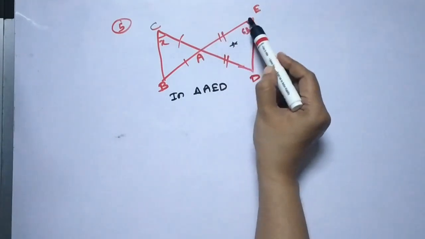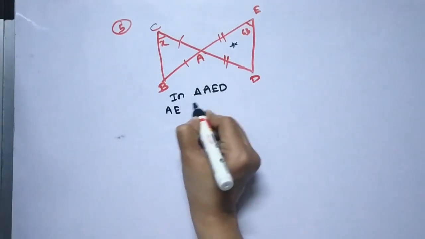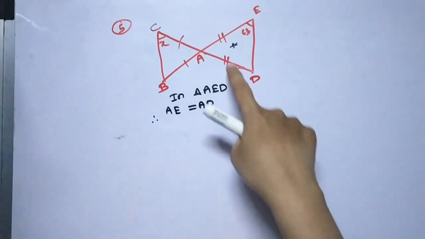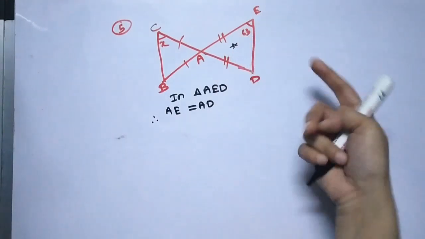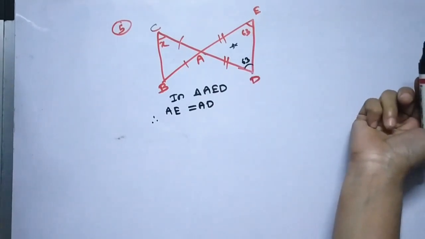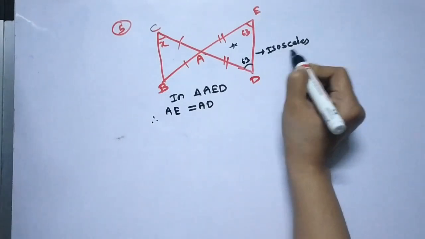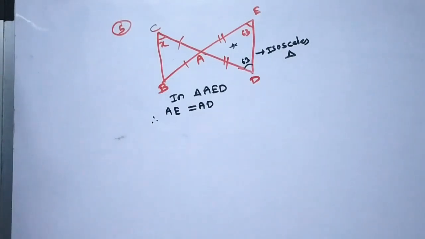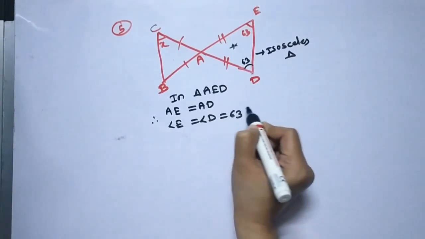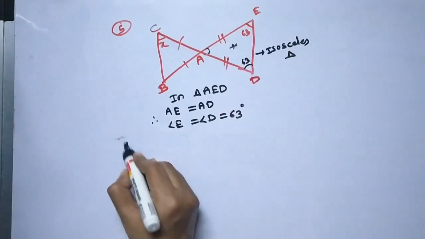the side AE is equal to side AD, which is an isosceles triangle. So you can write AE side is equal to AD side. So therefore, as opposite angles to the equal sides are also equal, this is 63 degree, so it is also going to be 63 degree. Reason is what? In the isosceles triangle. And we know that the triangle property is there. So angle E is equal to angle D is equal to what? 63 degree.